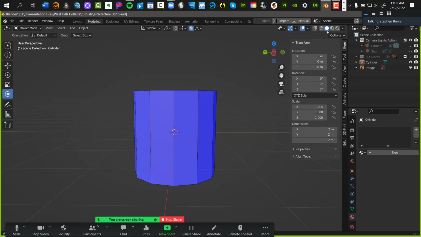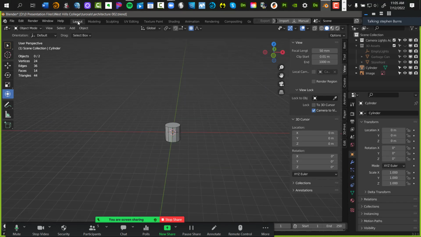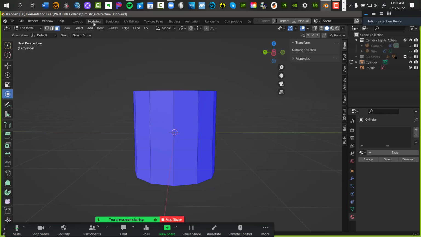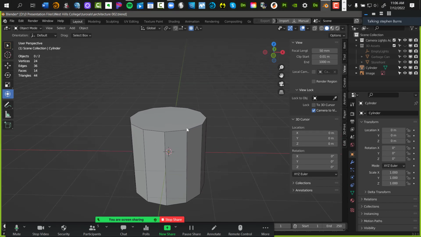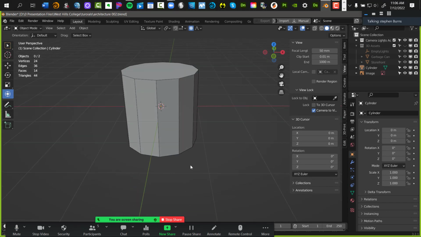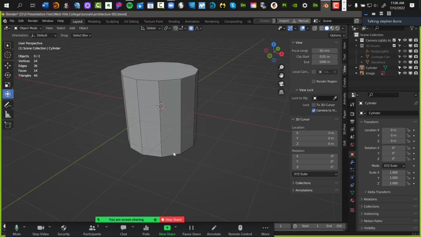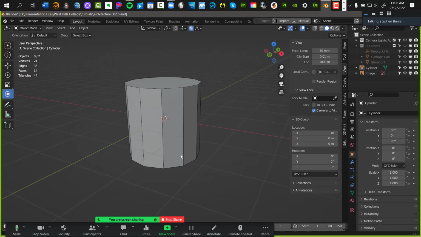To do so, right at the top. Now, just to mention, I forgot to mention earlier, right up here, you'll see the different rooms that we're working in. I'm in modeling. The modeling ones connect. You've got layout. You're welcome to go to modeling or stay in layout. It doesn't matter. I'm going to stay over here. Layout works just as fine.